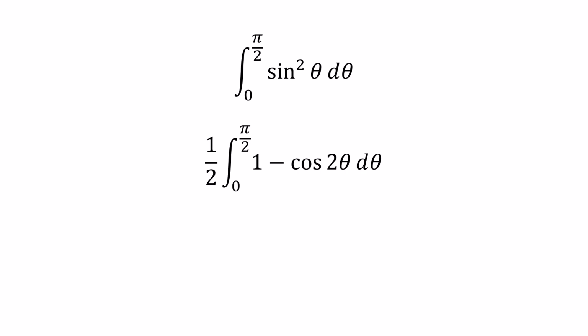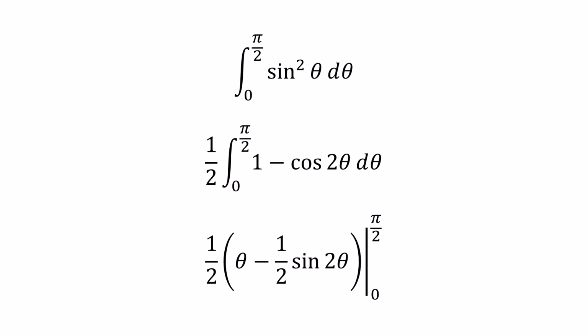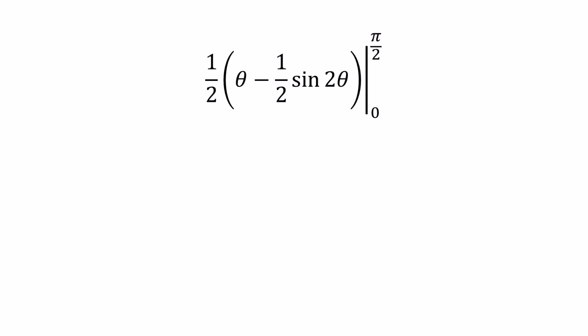Integrating gives 1/2 times theta minus 1/2 sine of 2 theta from 0 to pi over 2. Applying the fundamental theorem of calculus gives